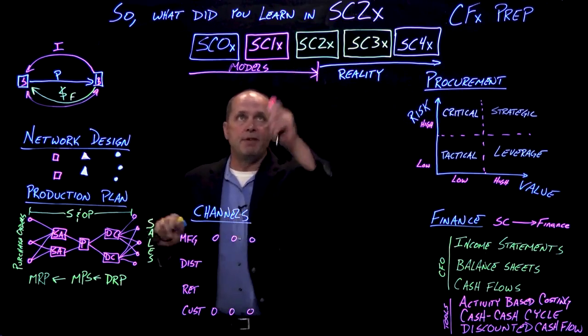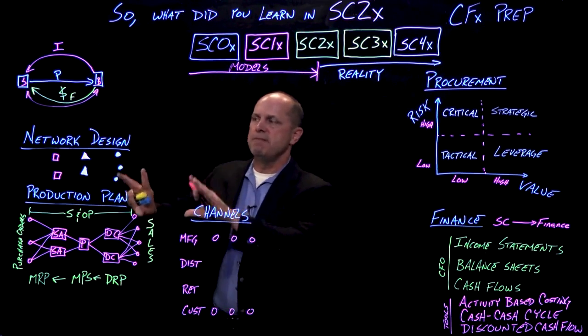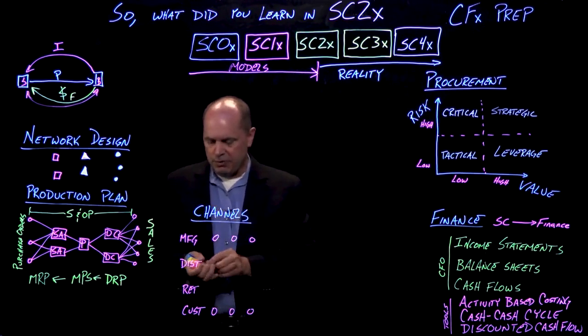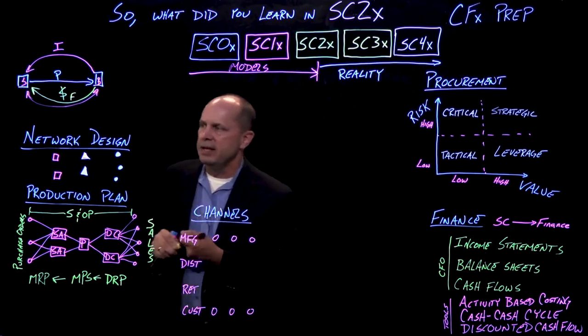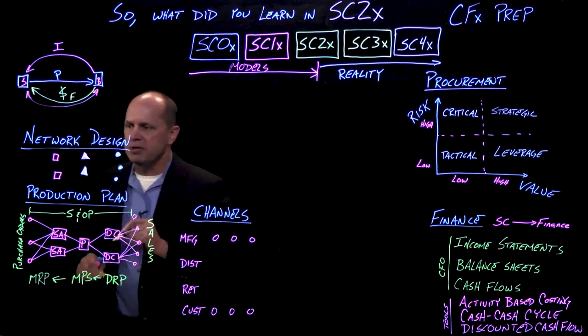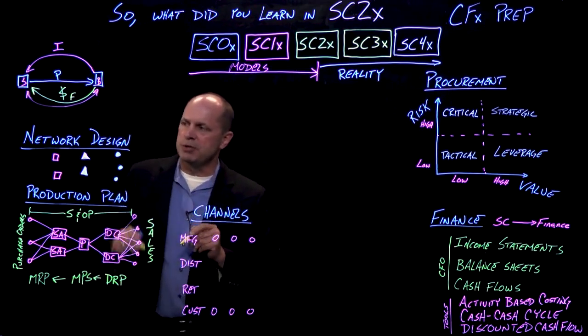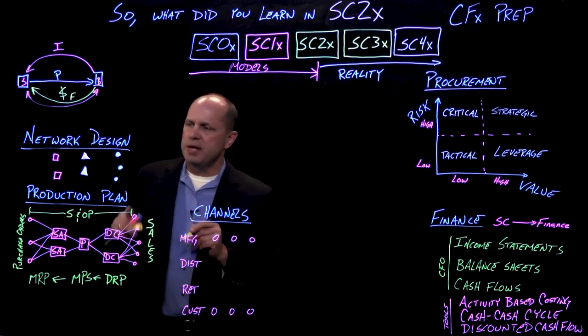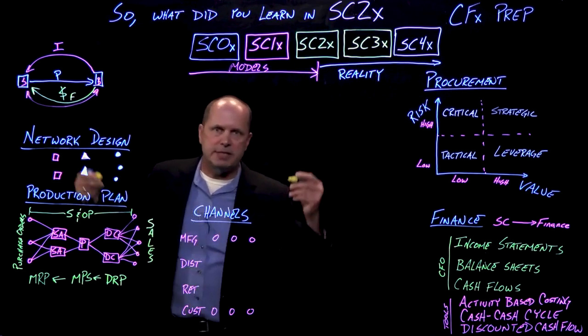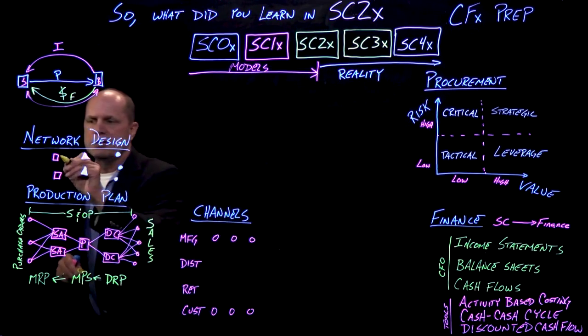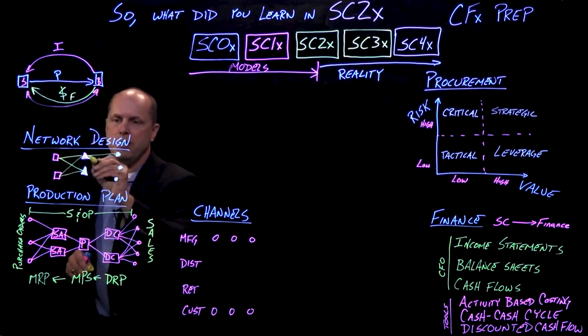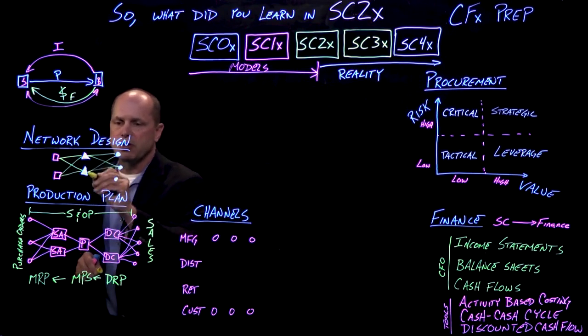So in the first half of SC2x, we focused on physical design. We started with the granddaddy, network design. This is where you might have some suppliers in these pink squares, some distribution centers in these triangles, and these customer locations or customer DCs in the circles. And your job is to determine which facilities to use, which facilities to open, and then which facilities serve which